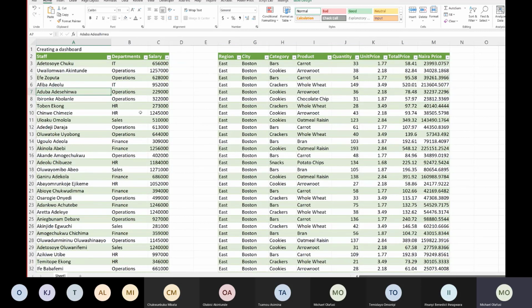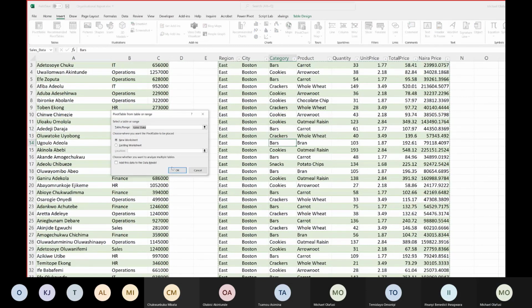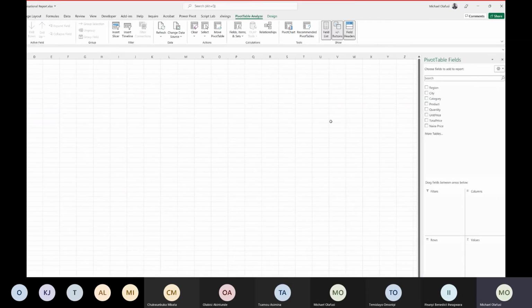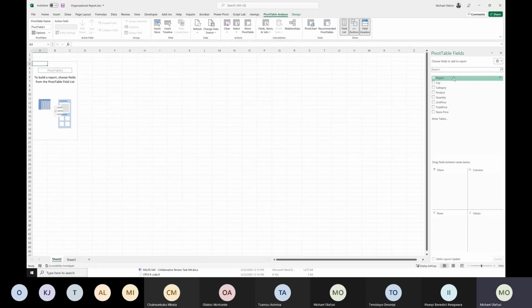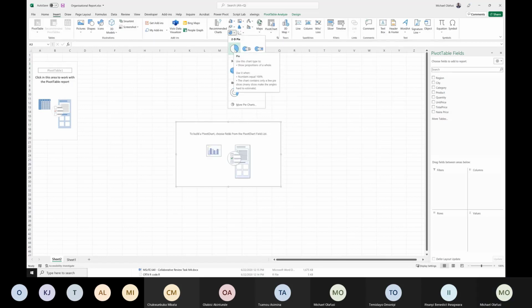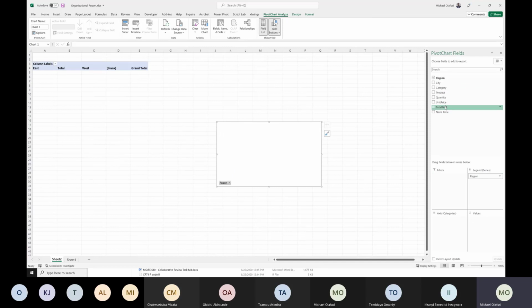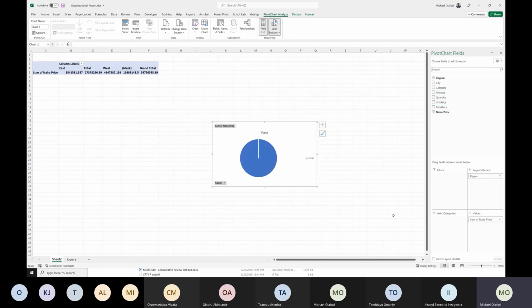So what I normally use this for is I hook up a pivot table to this. And then you can have reports from what people are entering. So I can say I want to add a chart, pie chart, and region to legend, and how much money we made to value.